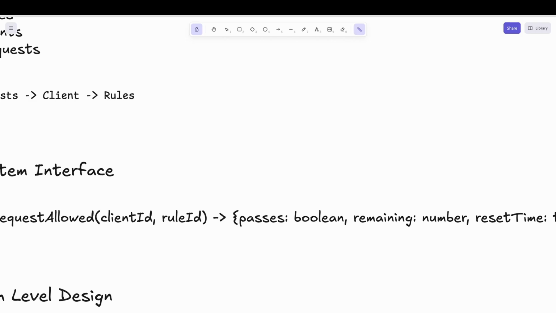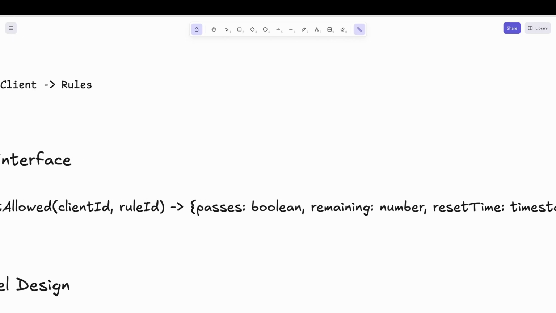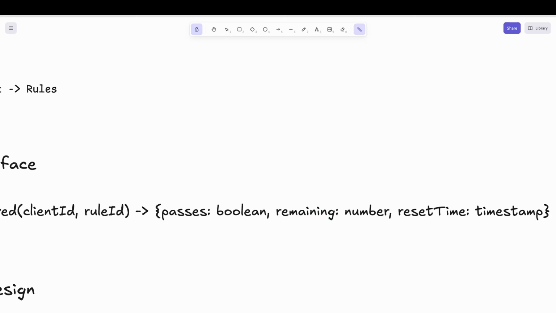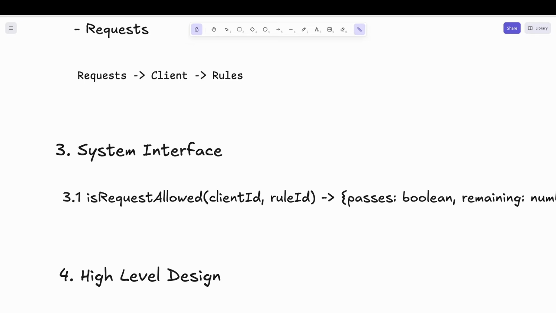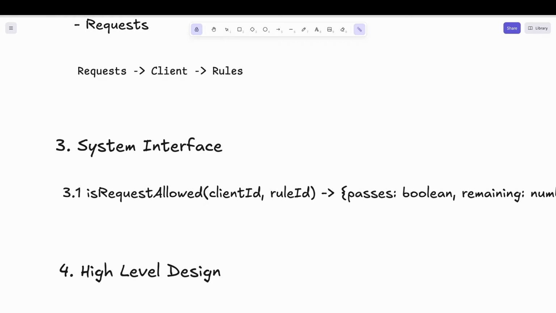Accordingly we can let it talk to the respective service, and also how many requests are remaining, and what the reset time is. So these are the minimal things we expect in the response from is request allowed. Now that we are clear on what we will be getting from this system interface,